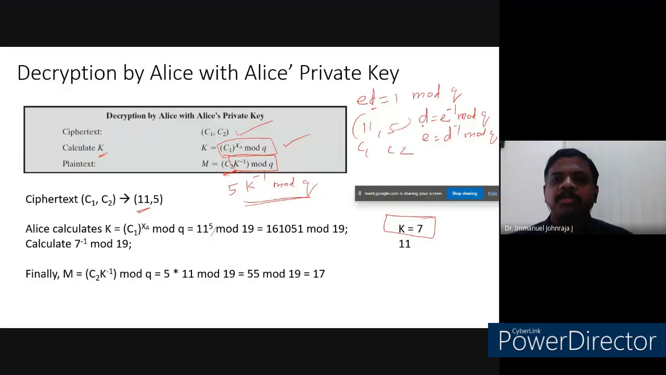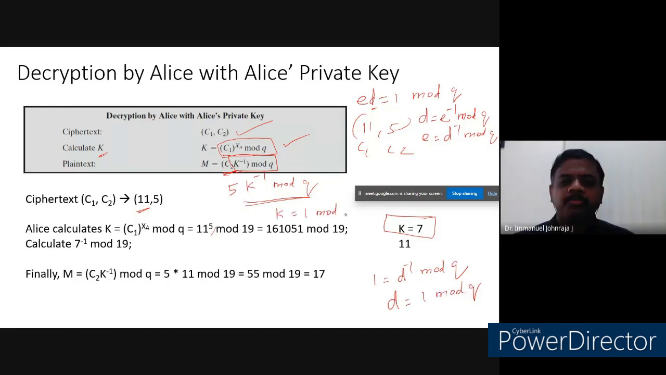Now, what are you supposed to do? C2 is known to us. Now we have to find out what is K inverse mod q. This is almost similar to that. So it should be 1 equal to D inverse mod q, or it should be D times E equal to 1 mod q. So in our example,